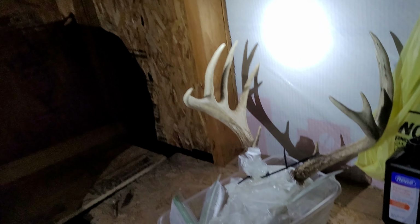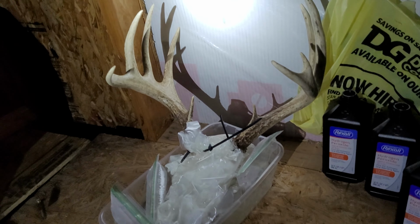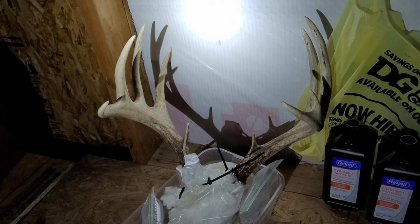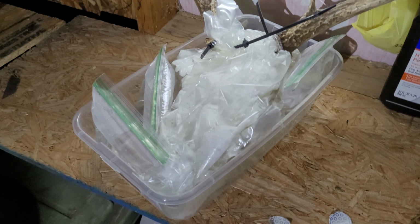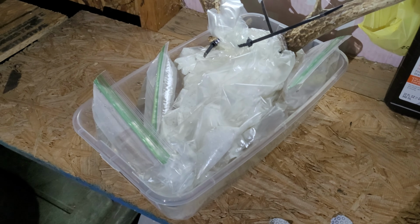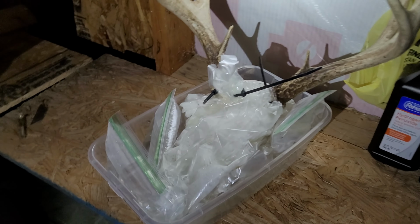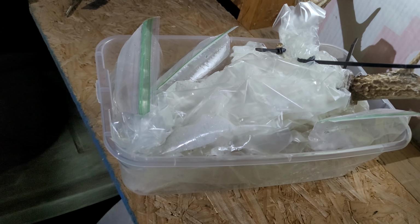Okay, I'm out here in the fur shed. The lighting's terrible. This is how I bleach a skull, a European mounted skull. After it macerates for 10 days, then I will soak it for 2 days in a 5-gallon bucket with Dawn dishwashing liquid. After that, I pull it out and put it in this little tub that came from the dollar